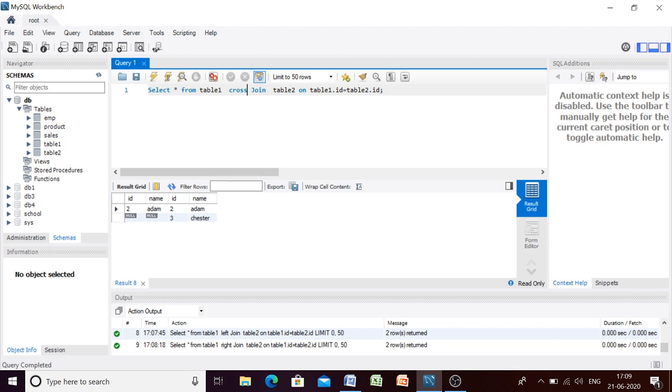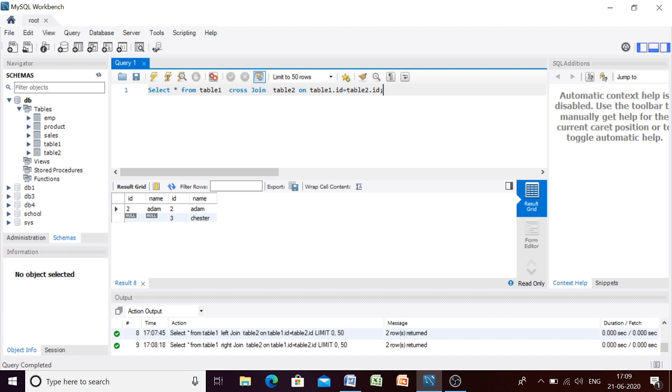When we cross join two tables, the number of columns will be the number of columns in table 1 plus the number of columns in table 2. The number of rows will be the number of rows in table 1 multiplied by the number of rows in table 2, because we have to find all the possible combinations of the rows. So here we will have 4 rows and 4 columns.